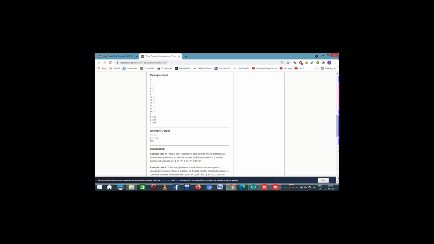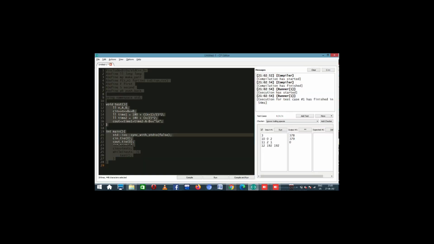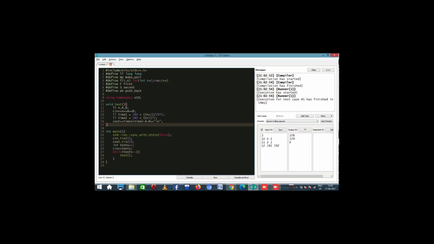And similarly we can see that all the 3 divisions had the same problem, and everywhere we got 100 submissions each. So in total we got 300 submissions. So if we want to write a code for this, I think again this should be an easy one only. We can say we had an n, then we read this.